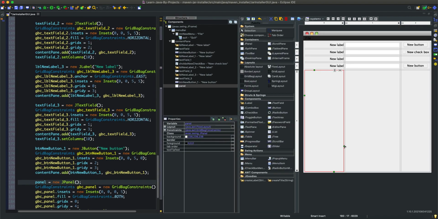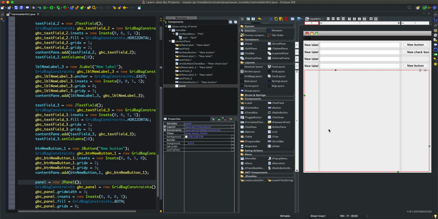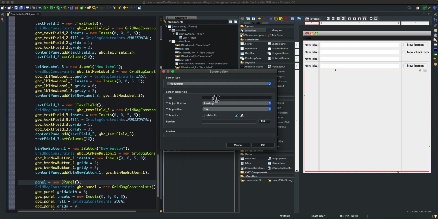And right now it's going to occupy one row, I believe I can make it occupy the entire columns. Let's see, okay, something like that. And I want to give it a border, so a titled border, and we're going to